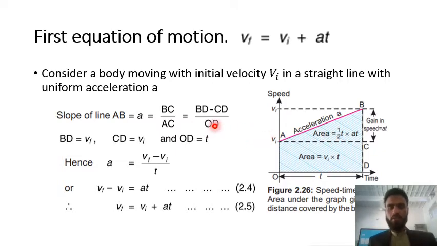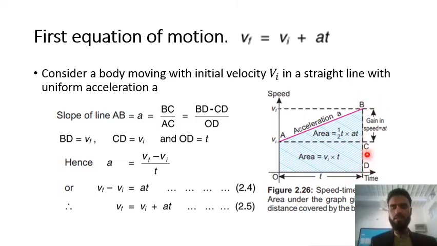Right? Now we are identifying the quantities which are related to the motion and represented by these lines, which are BD and CD. Now the BD line over here represents the final velocity. This line and this line are the same, and this is the final velocity. So it means we can write Vf in place of the BD line.